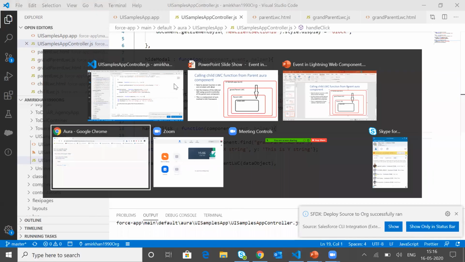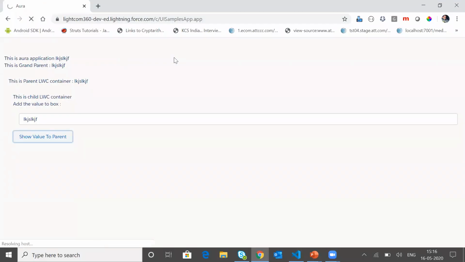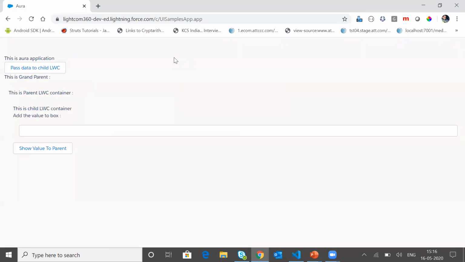Now let me go back to my browser and check if the passing of the data from the parent Aura towards the grandparent is successful. So we have the button, and on clicking this button, we are getting the data from the Aura application towards the grandparent, and this particular grandparent is the child.